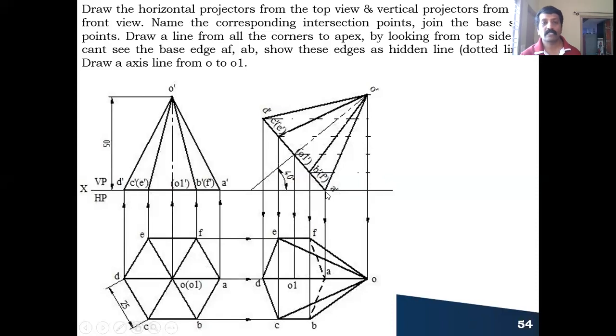For any corner condition, for example, in the second top view, whatever the edges which are coming out from the corner we cannot see, correct? So the corner is A, the base edges that are coming out from the corner is AF and AB, that you cannot see from the top view. Now coming to the slant edges, you are looking from here.